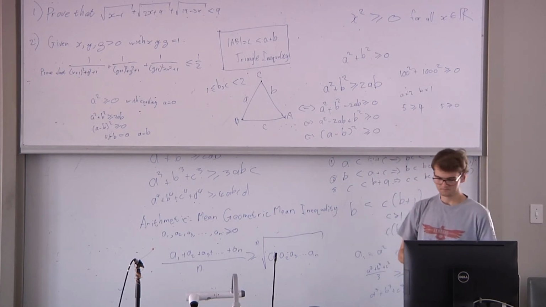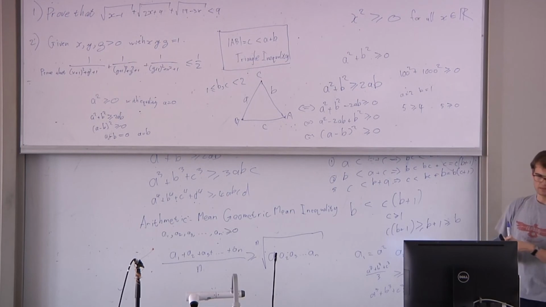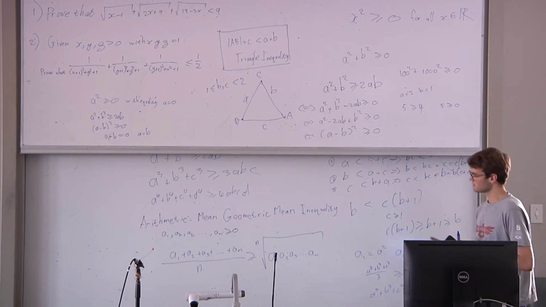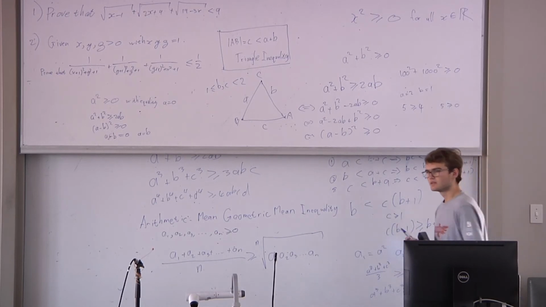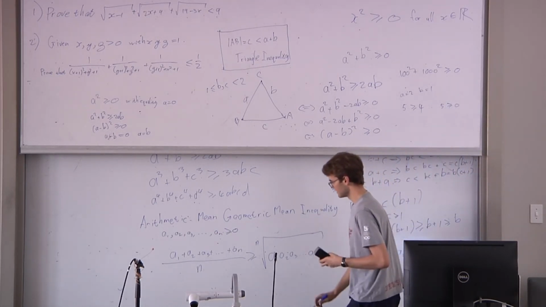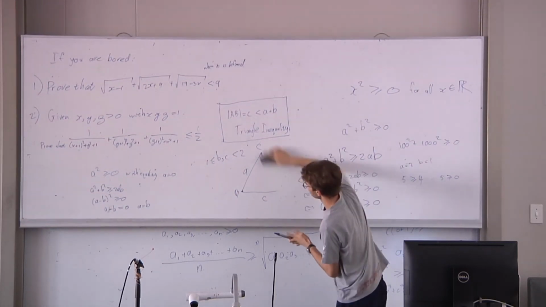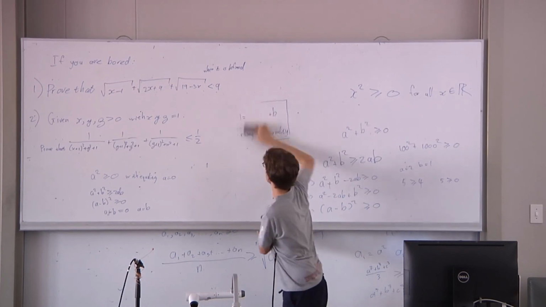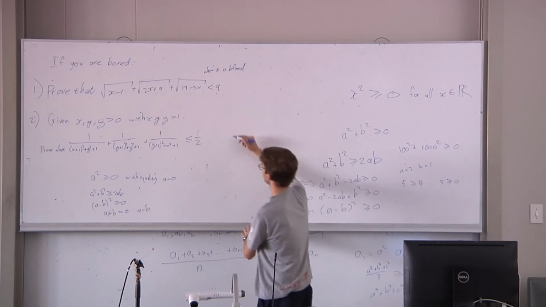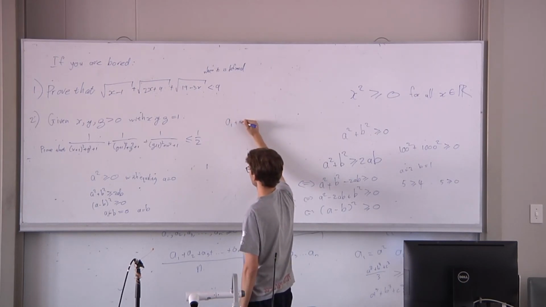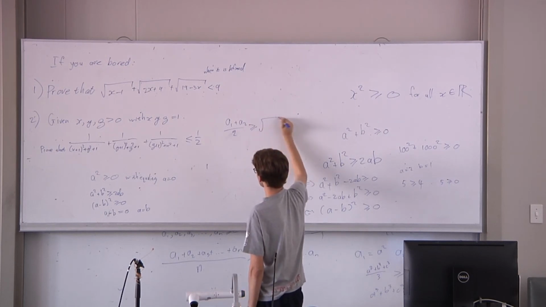Okay, so the proof of this uses induction. I don't think there's time for that now. So you prove it for all n where n is a power of 2, with the idea being that you can prove it for the case n equals 2 simply with, so you have to prove that (a1 plus a2) over 2 is greater than or equal to the square root of a1 a2,